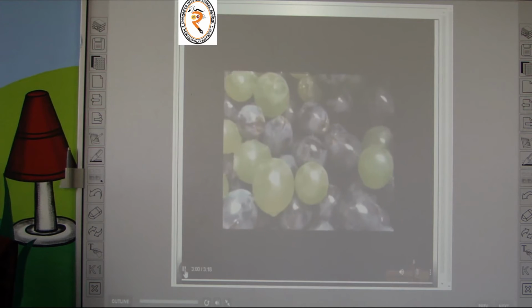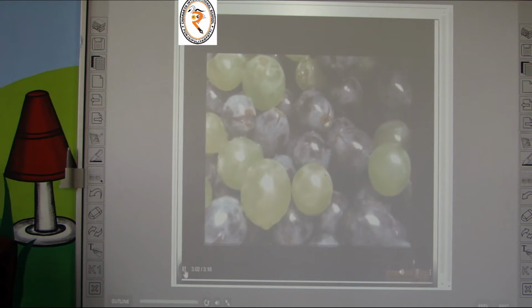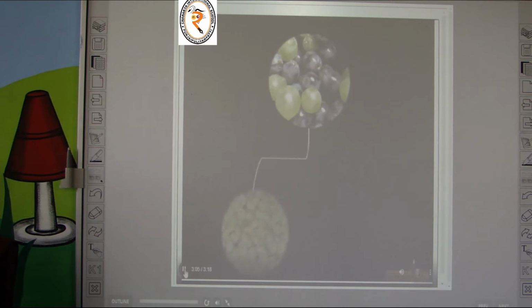For example, if you have a mixture of green and black grapes, then with the help of hand picking method, you can separate